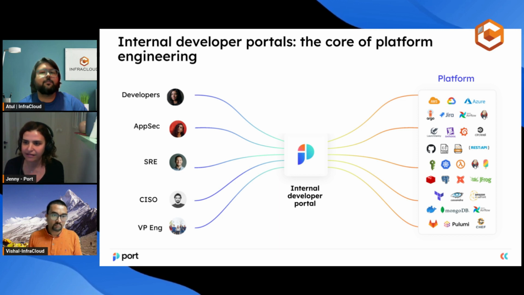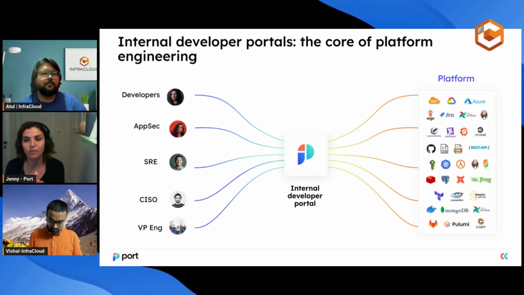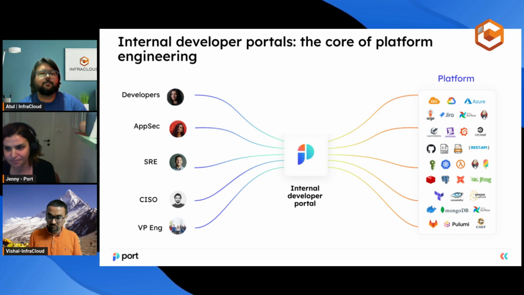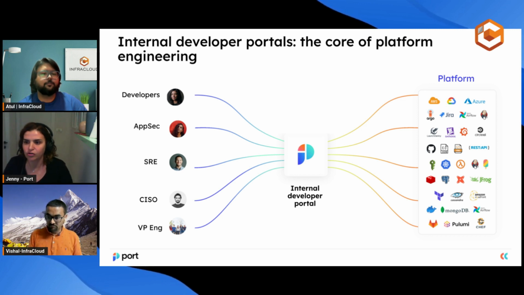You can ingest that data from your platform into Port. And remember what we've been talking about before. What do you want to expose? What do you want to abstract? And Port will act as a presentation layer for your different tooling. And from Port, you will be able to consume information from the different tools that you have, whether it's your cloud environment, your CI/CD platform, your Kubernetes, your Terraform, your databases, whatever you're using. So one, you will be able to consume information directly from Port. And the second is that you will be able to perform actions from Port that will have an influence on your tooling.